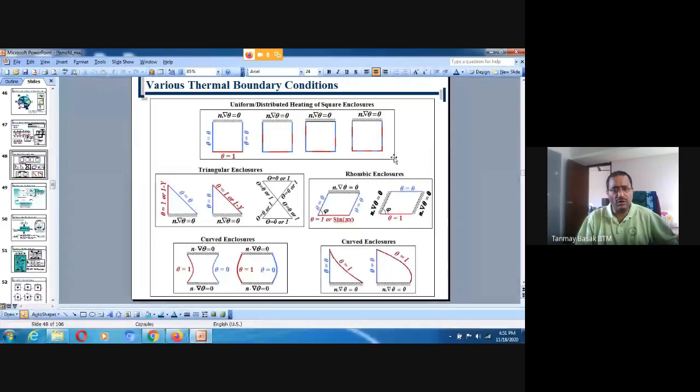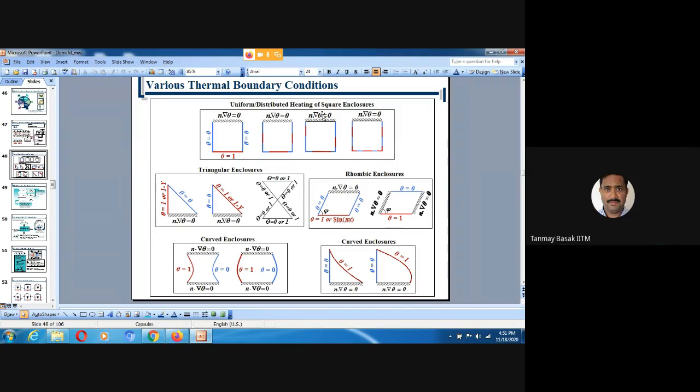The first part I am going to discuss now is uniform or distributed heating of square enclosures. Many times people have many applications. What they do is that they have the bottom wall hot, side walls cold, and top wall adiabatic. I found this problem in many articles. In fact, I also published it, but